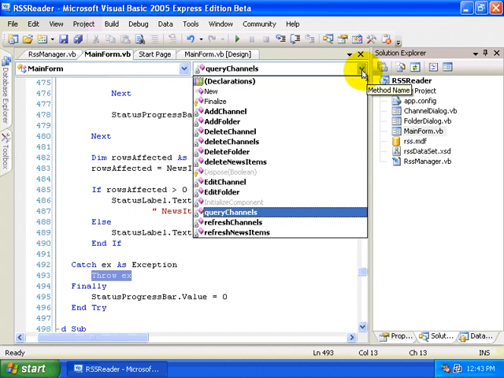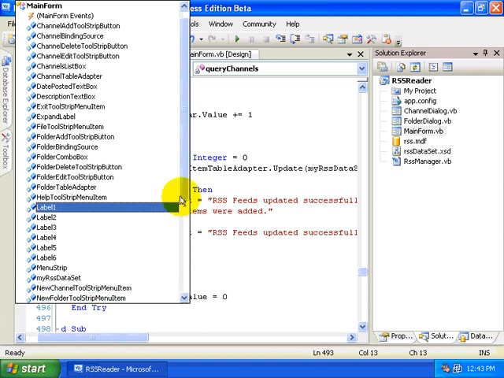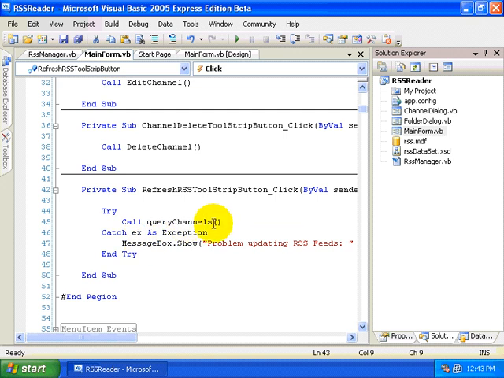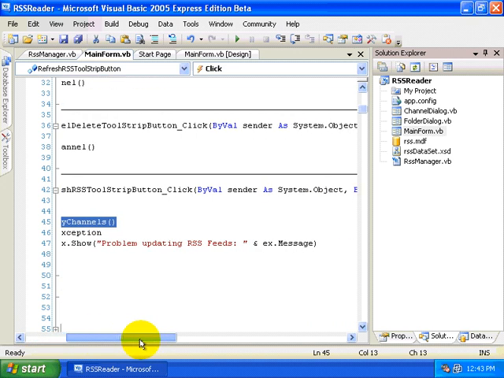So we may have to go to, let's see, the refresh RSS toolstrip button click event. Okay, so you can see here that this is the code that actually calls query channels, which in turn will call process news feeds. And if an exception is thrown while calling query channels for any of the reasons that we mentioned before, whether the exception happened in the RSS manager or within the query channels method that calls it, then we're going to simply pop open a message box that says there was a problem updating the RSS feeds,